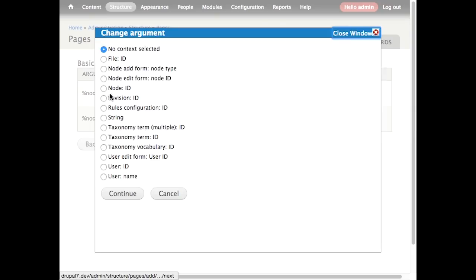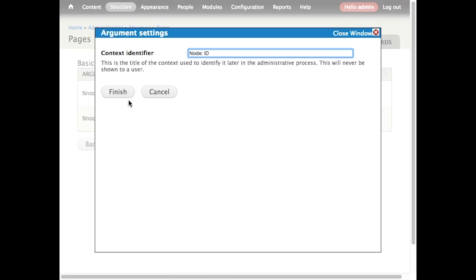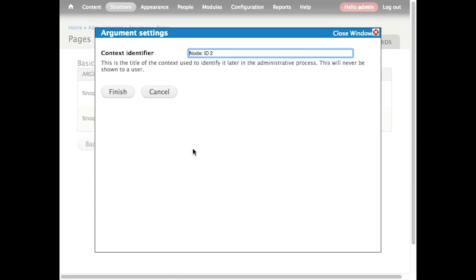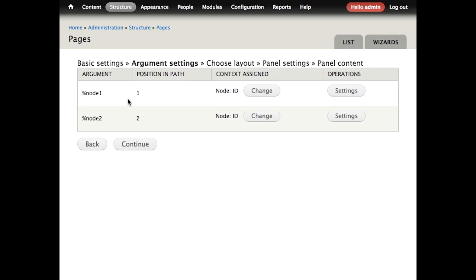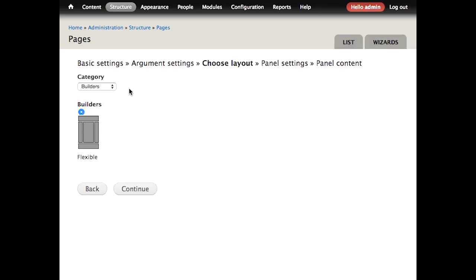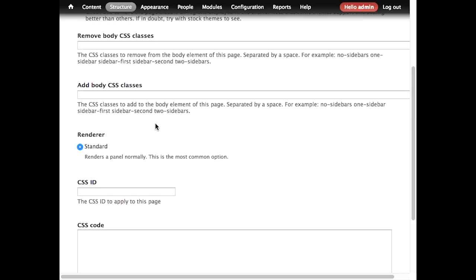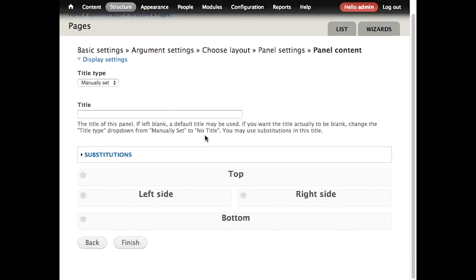And yeah, let's continue. I will just say that this node argument will be a node ID, and the second one will be a node ID as well. So now I've decided to use my arguments as node IDs. So now the page manager will be aware what I'm going to pass. I'm now choosing the way of displaying. I'm going pretty quickly to just show the possibilities. I will not spend too much time on